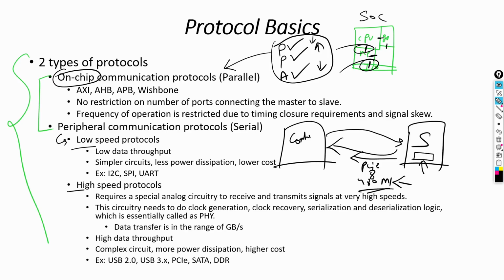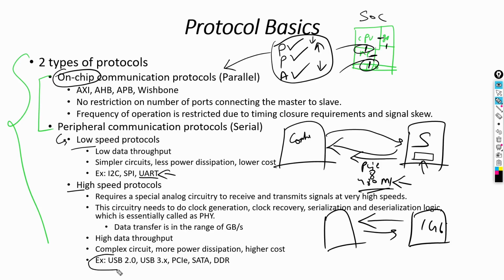Not a simple sensor. Let's say I want to transfer a movie from one drive to my PC or some other drive. Can I use a serial protocol? Can I use a low speed peripheral where the speed is in some kbs? Will you use that, or will you use some high speed protocol where you will copy, let's say, 1 GB of file within a few minutes? Which one will you choose? It depends on the use case scenario.